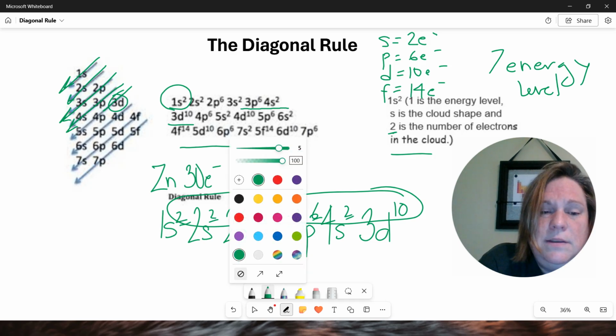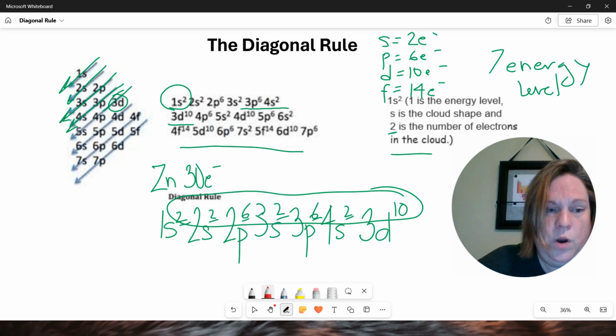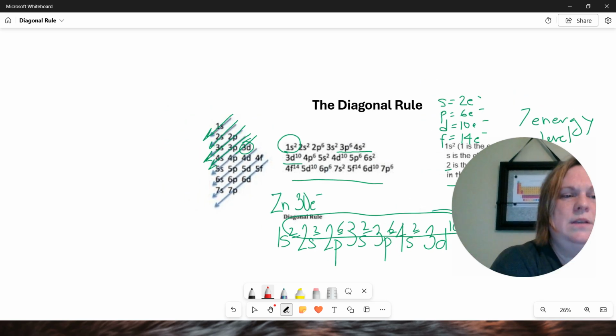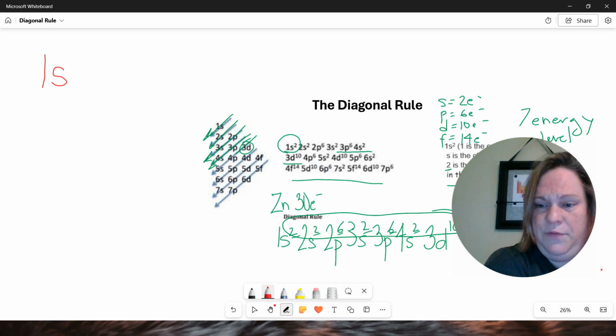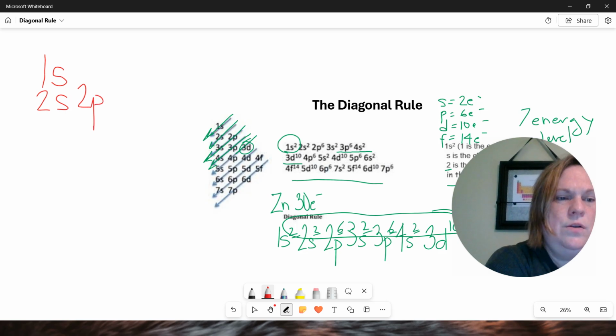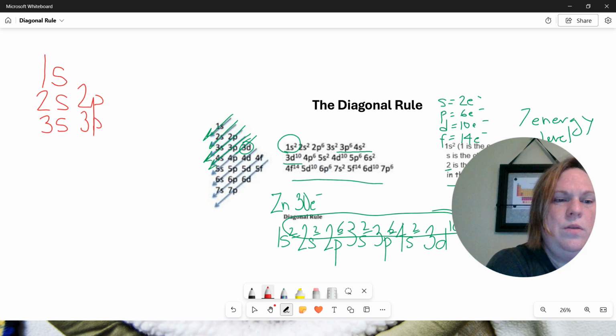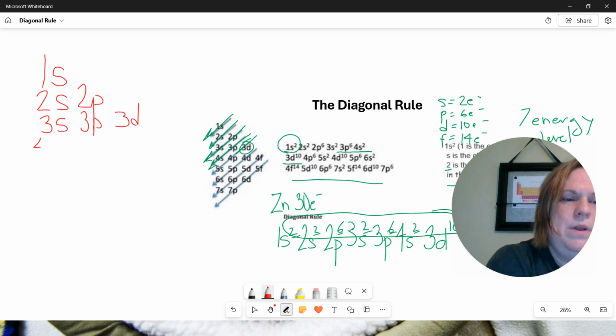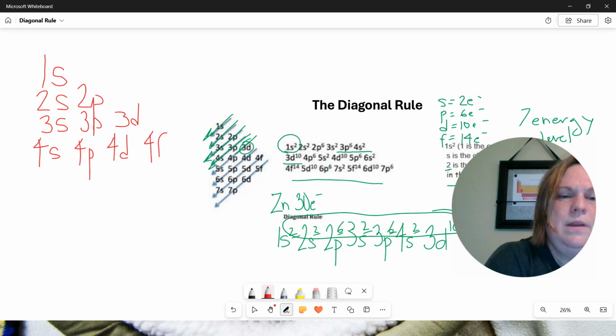So how do I write this on the side of my paper if I'm working on that? Well, I tell my students that each energy level gets another cloud. So we're going to fill the 1 with an s, and then the 2 with an s and a p. And notice, I am keeping all the s's aligned. I'm going to keep all the p's aligned. And now 3 is going to get a d. And then we have 4 with an s, a p, a d, and an f,